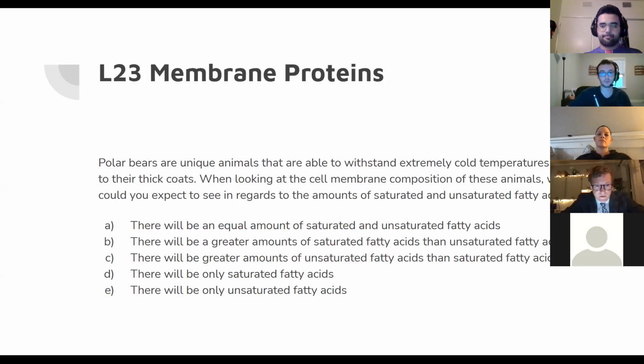That nothing is all or nothing. And so it needs to have more unsaturated, but it's not going to be only unsaturated. Well, yeah, we need more unsaturated to form a kink, so it's not constantly in that ordered state, right? If it's going to be crazy cold, then something that would be flexible at a normal temperature is going to provide the necessary rigidity at cold temperatures.